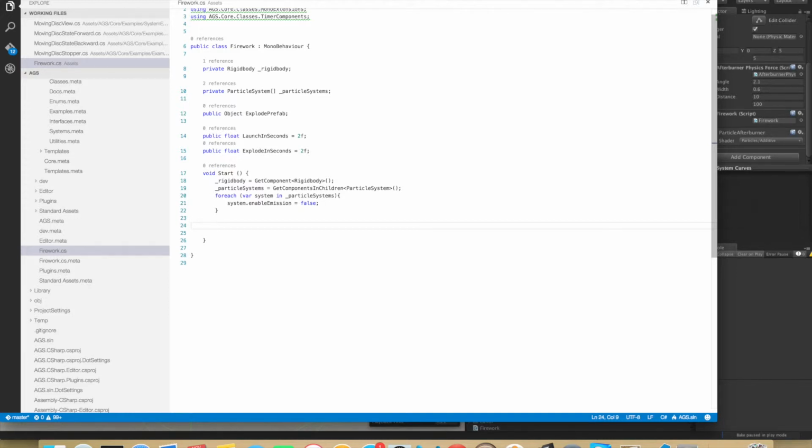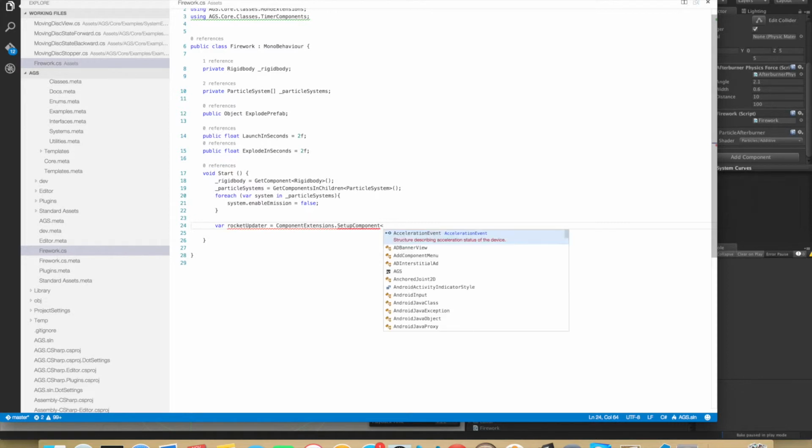But you'll see when we start typing here. So the first one is a rocket updater and of the update type. So var rocket updater equals to component extensions. That's within the Moon extensions namespace. We do setup component. And here we use update